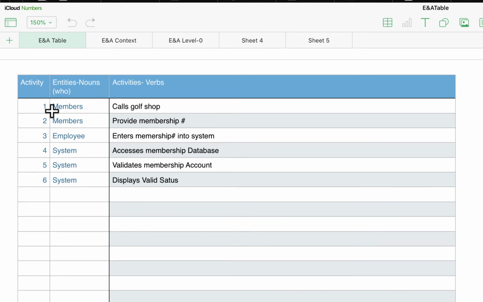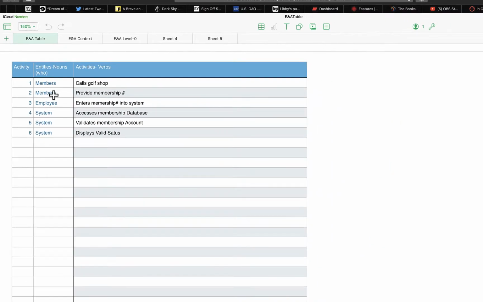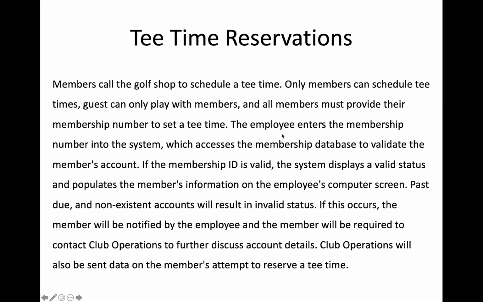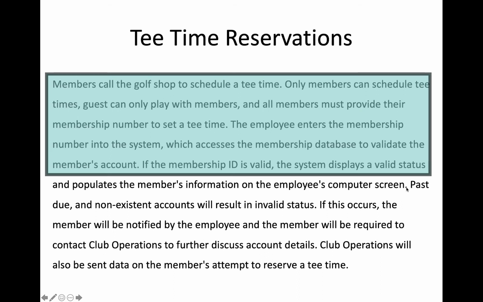So on our ENA table, we have included the noun members in the entity column and calls the golf shop in the activity column. The next 5 activities that I'm going to model cover the sentences through here where we're